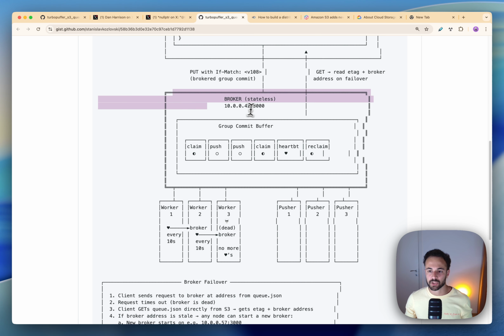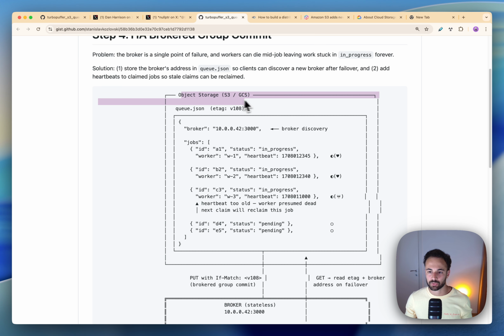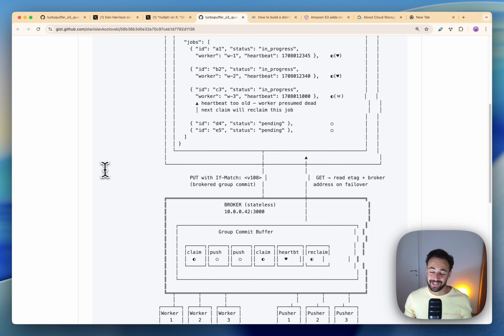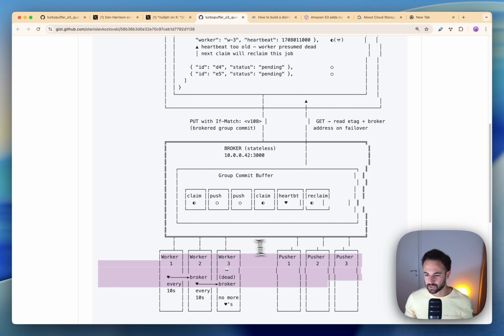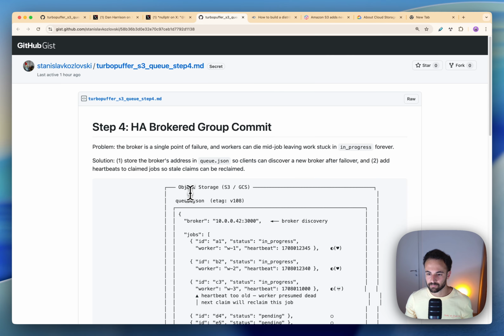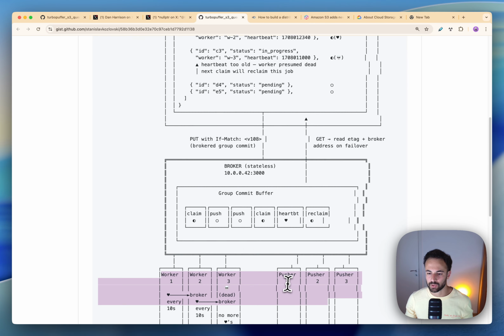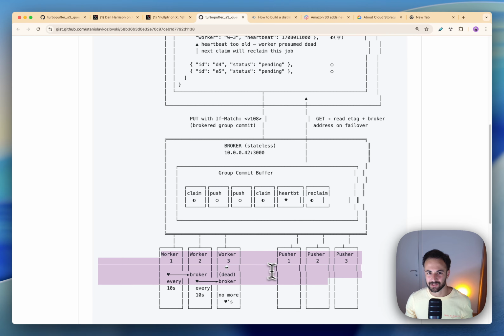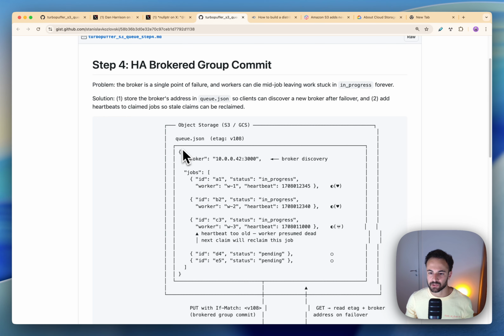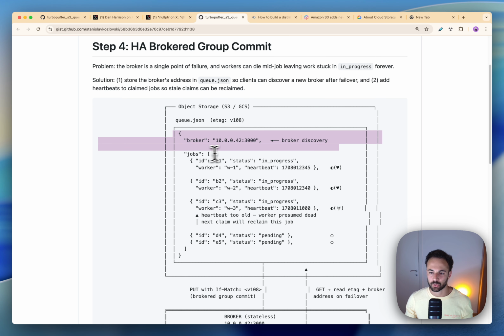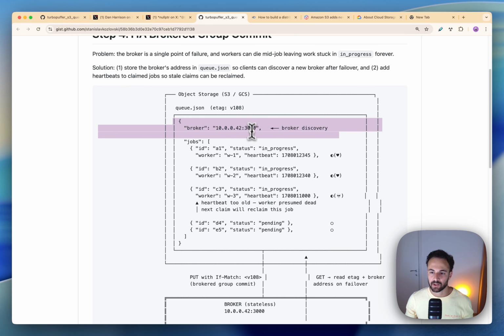And on startup, all of these brokers most probably race to get to the S3 object and try to register their IP here with a new ETag. So on failure, if every client tries to create a new broker, then you might get a lot of racing. Let's say we have 6 clients here, and all 6 try to create a new broker, then you would get 6 new brokers. Each broker will try to race each other to override this, and I guess the last broker that manages to overwrite it